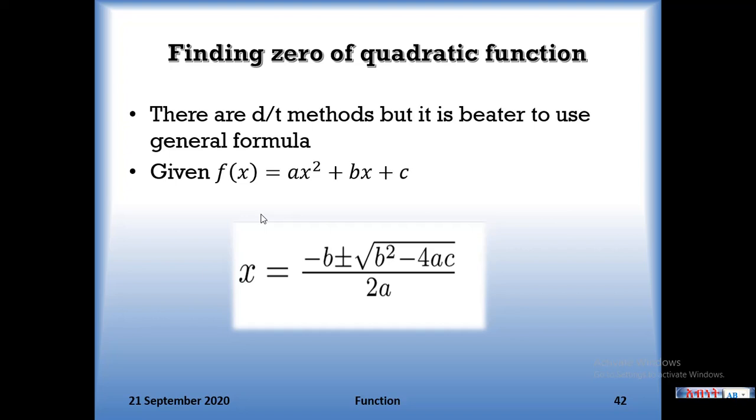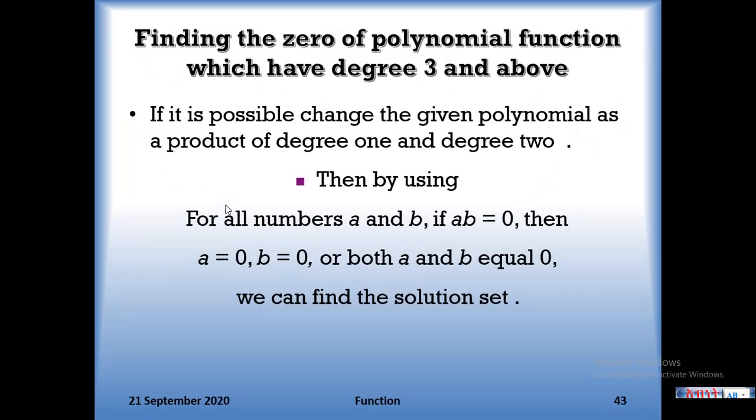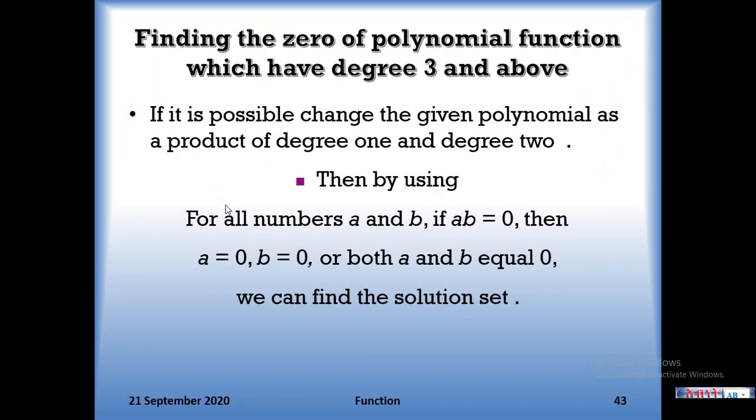So it is a matter of identifying a, b, and c, and using this formula. It is very easy. But here we'll focus on how to find the zeros of polynomial functions which have more than two